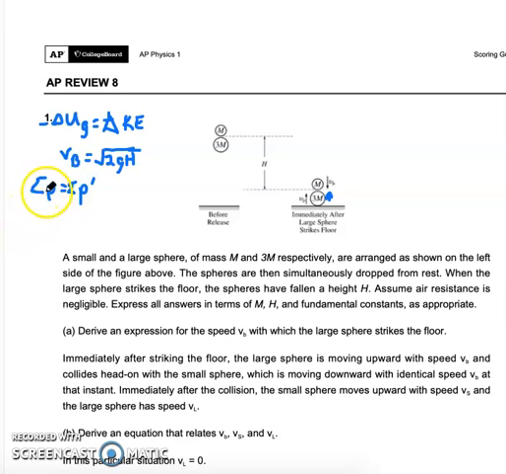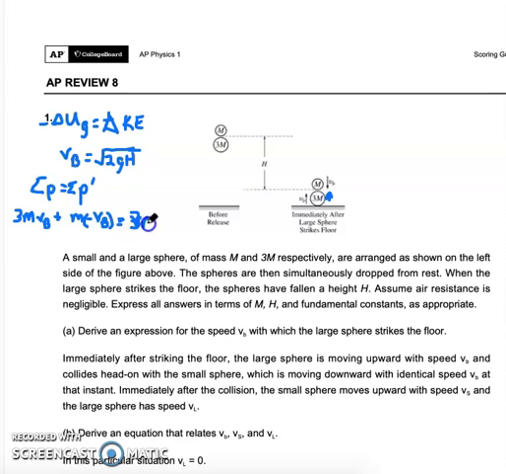So what is the initial total momentum? Well, it's the momentum of the big ball and a small ball. So I'm going to just jump right into that. That's 3m vb, the velocity of it coming up, plus m. Now here's where we're going to be careful. They're going in opposite directions, so we have to call one of them negative. I'm going to just call this one negative. Doesn't matter which one you call negative, but you must make sure you do that. And then that's going to equal